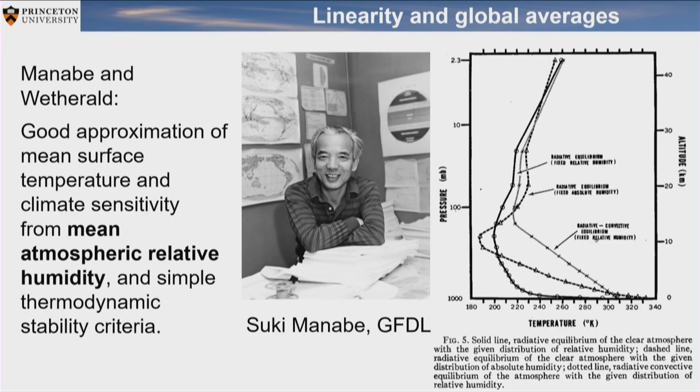So I will talk about what we might call radiative thermodynamic modes of climate. And I would like to start my talk with a few motivation slides. This is a picture of Suki Manabe, which you probably all know, recipient of the 2021 Physics Nobel Prize, from GFDL and the AOS program in Princeton. His seminal contribution started with more or less this figure, which is a calculation of radiative convective equilibrium of a column with a surface condition of the ground.